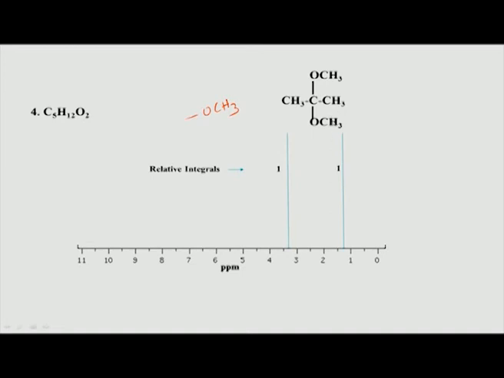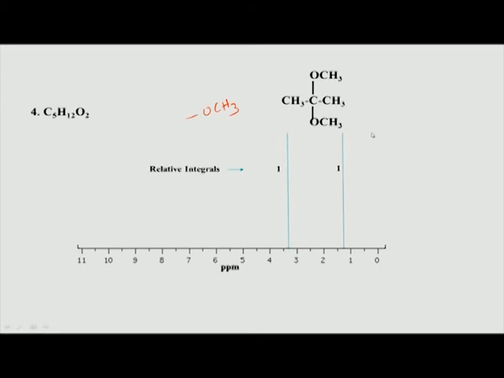And these OCH3 methoxy groups, OCH3, are again 6 protons, and they correspond to this peak. And this is called a quaternary carbon, and it does not have any hydrogens. So, therefore, you do not see any peak in the proton. But if you go to the carbon spectrum, you may be able to see a peak for this. But remember that we are not looking at that right now, we are only trying to get the structure based on hydrogen. So, this is how we can interpret the hydrogen spectrum.